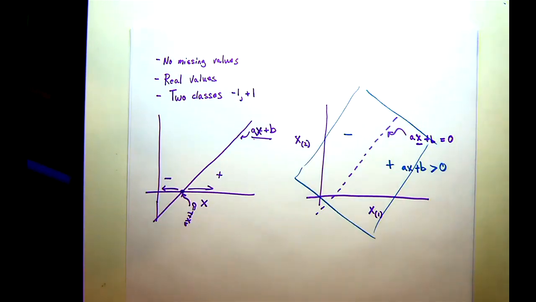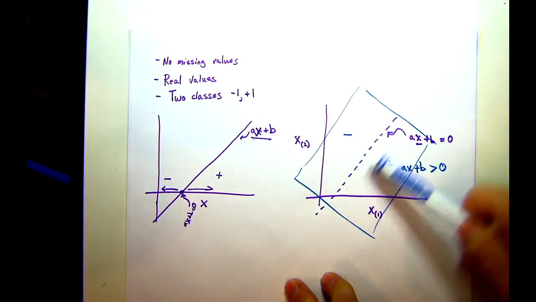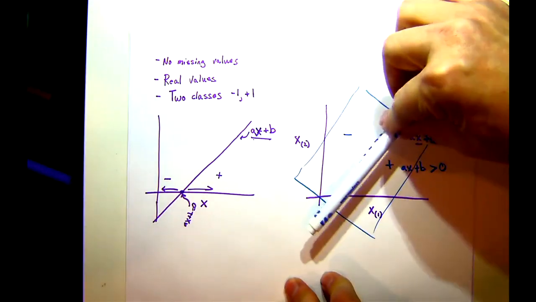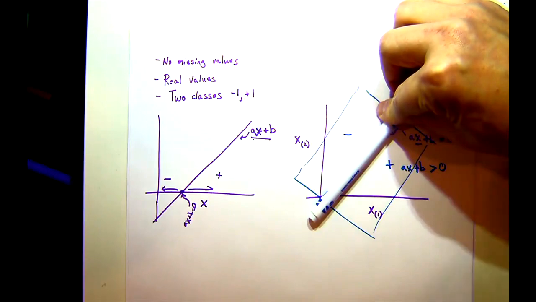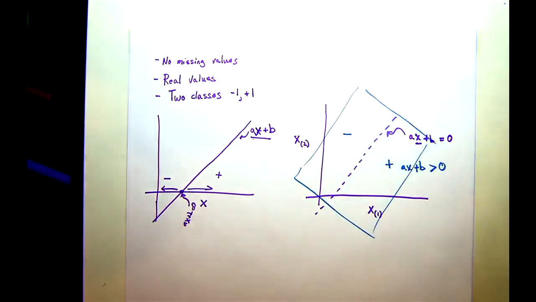Questions on that? This is a little hard to visualize. We'll typically look at this picture and not this picture. Just so when I draw a line, I generally mean that this is the zero plane, where the plane is equal to 0 in this space, and on one side it's going to be positive, the other side it's going to be negative.